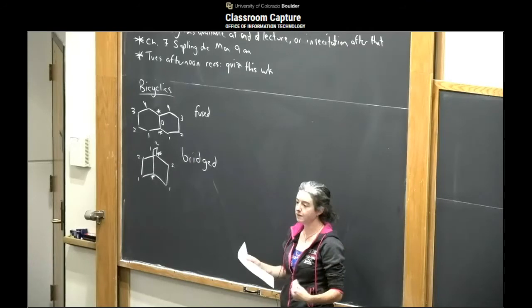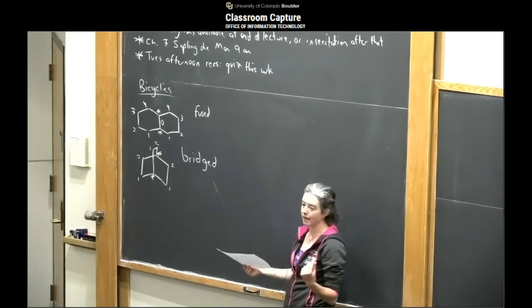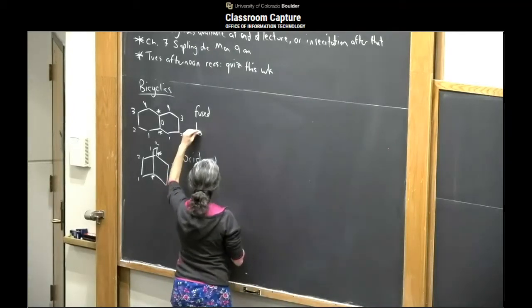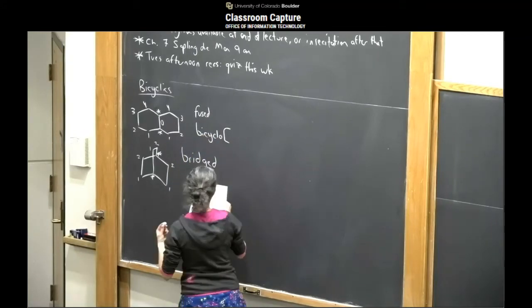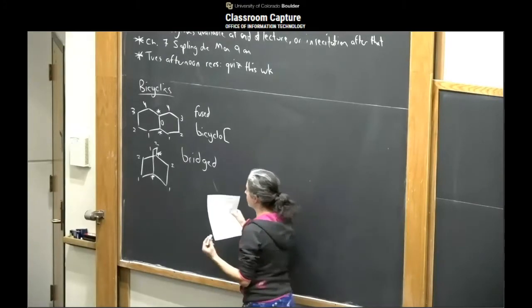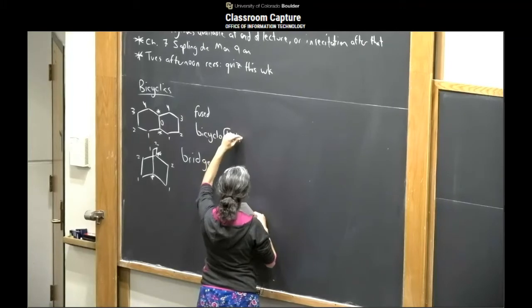We're going to call it a bicyclodecane, but we got to include some information about exactly how those two rings are put together. So we're going to call this bicyclo, and then in the numbers, we're going to put the distances of the routes separated by dots in descending order. So this would be bicyclo 4.4.0